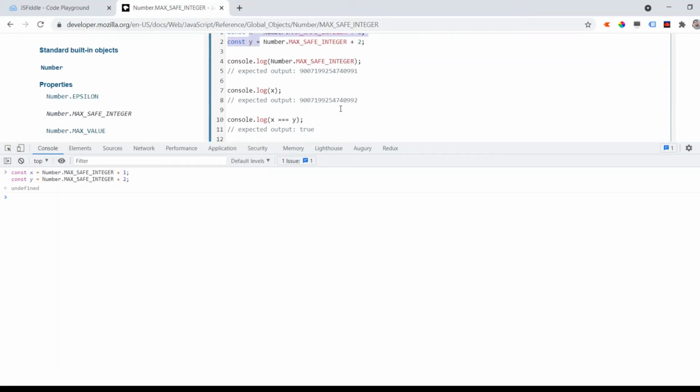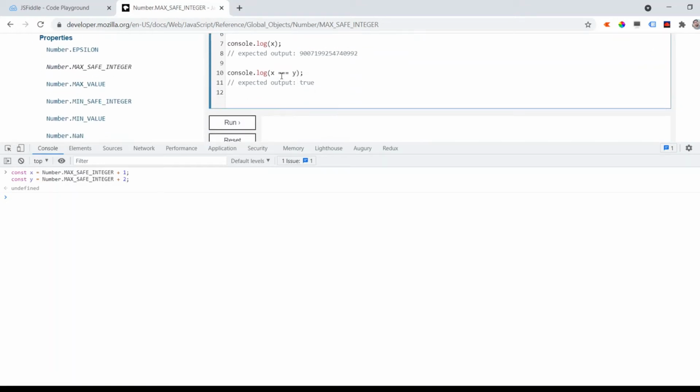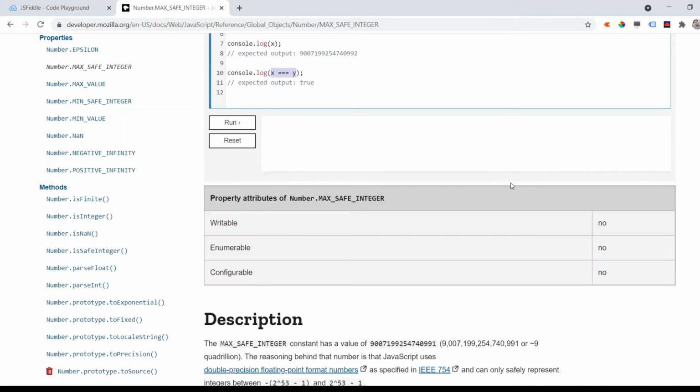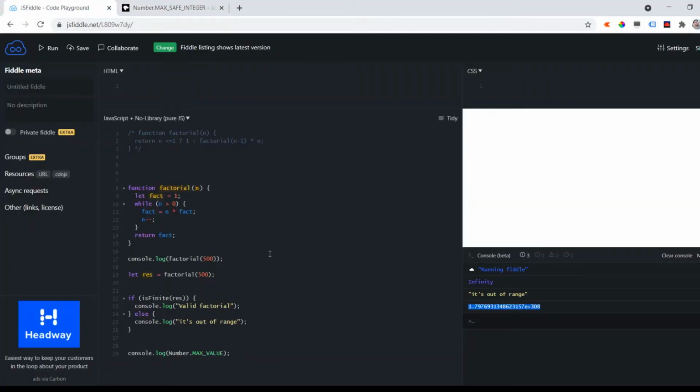x is less than 1 from the y. But let's check, if we compare, the expected should be false, but unfortunately it comes to true. So that means the number is out of that range, it loses this comparison actually. So we can use this kind of information to check what is